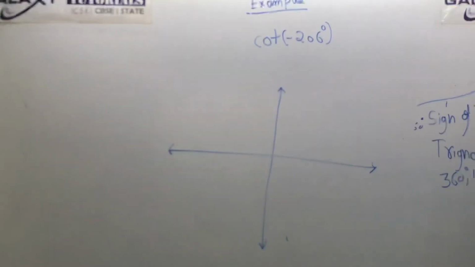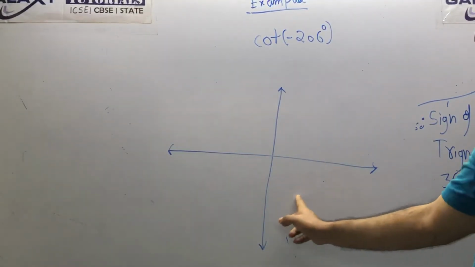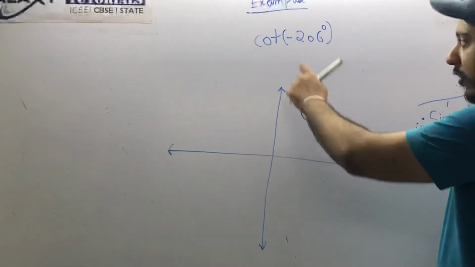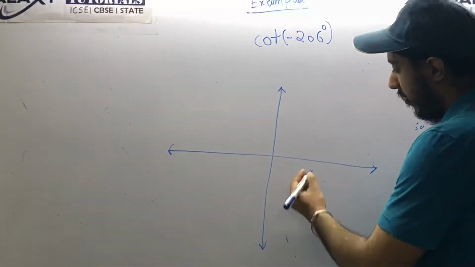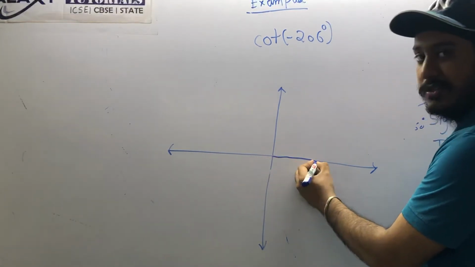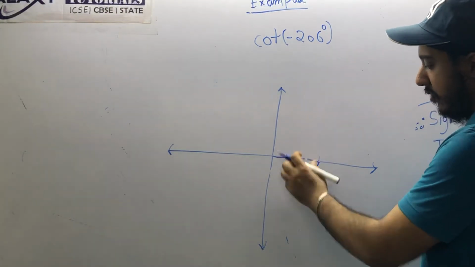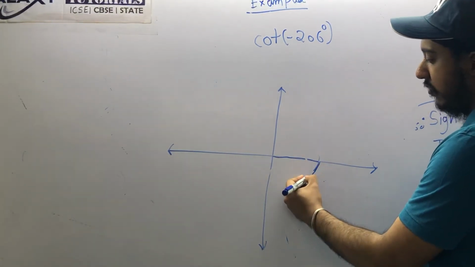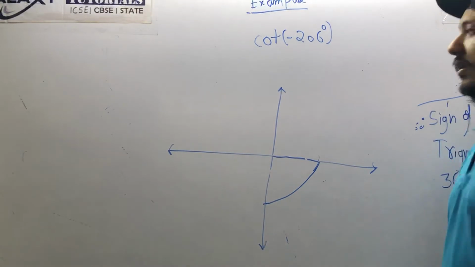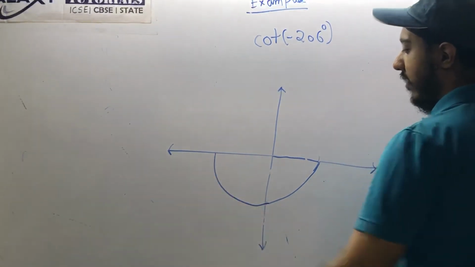So in which direction will you rotate? You will rotate in the clockwise direction. This is a very important thing when you are looking at the sign. So you will start from here. This is the initial ray. Which direction will you go, this or this? You will go in this direction. From here to here is 90 degrees. From here to here is 180 degrees.